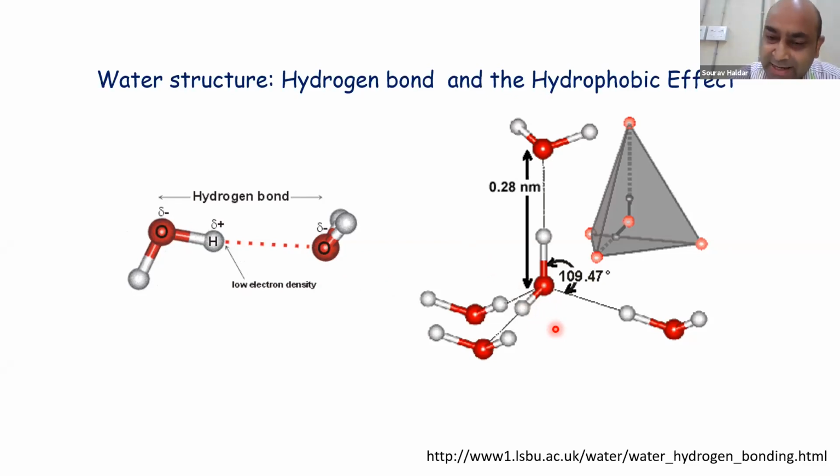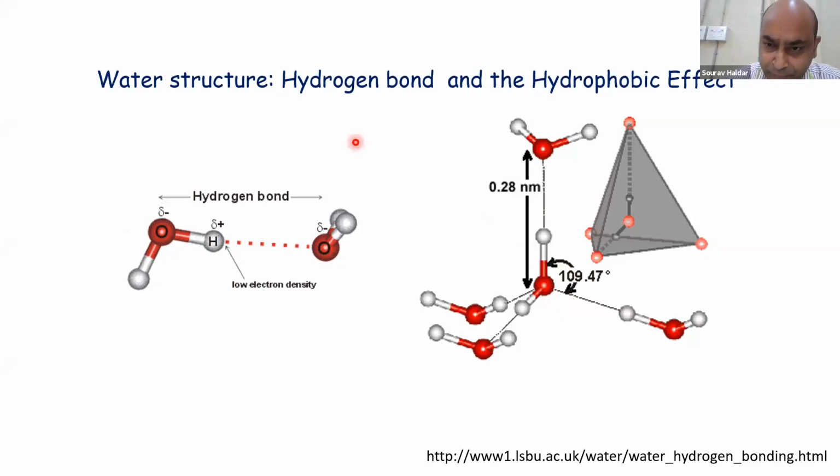And this is again, as we all know, that whenever there is a bond formation, there will be a lowering of energy. So if two molecules are brought together, if they can somehow be engaged in bond formation, the whole system will be stabilized. Otherwise, there will be demixing, which is not a thermodynamically happy situation. So in that case, what will happen? The molecules which cannot interact with each other will try to separate from each other, right? And this is the basis of the hydrophobic effect.